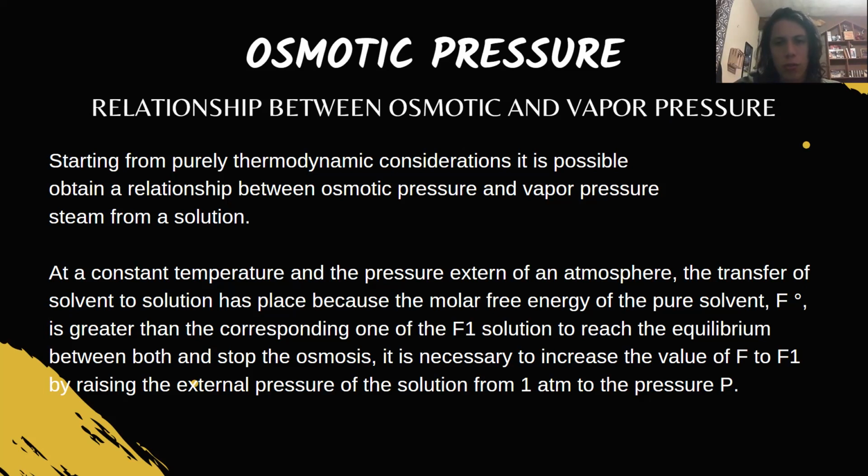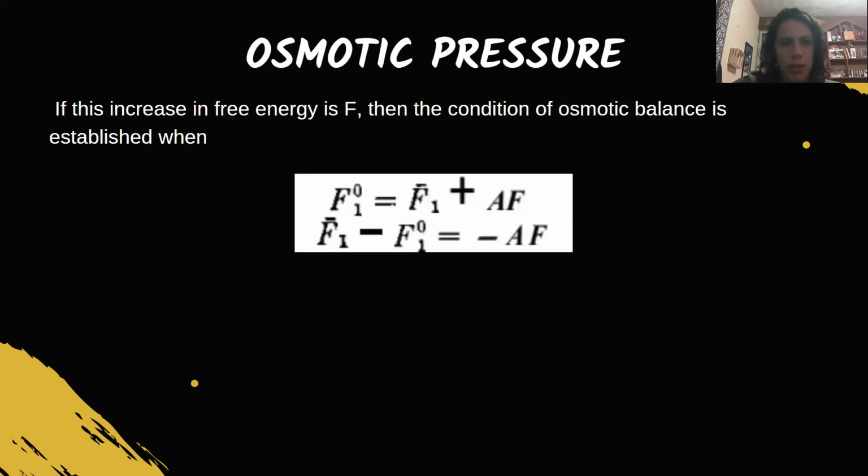To reach the equilibrium between both and stop the osmosis, it's necessary to increase the value of F1 to F0 by raising the external pressure on the solution from 1 atmosphere to the pressure P. This increase in free energy is ΔF, and the condition of osmotic balance is established when, and we have